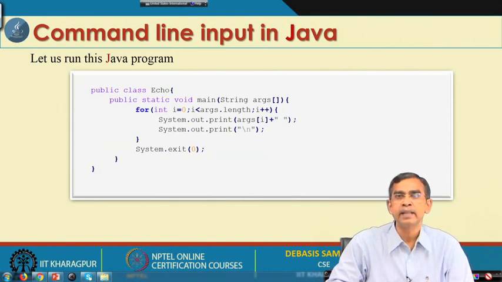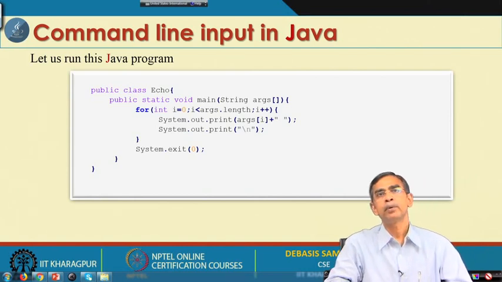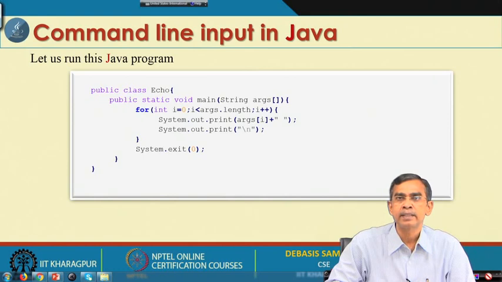Now, the idea is that during the execution of this program, we can give the input to this one. For example, suppose the name of this class is Echo.java, it has been compiled, and the name of the compiled class is Echo.class.